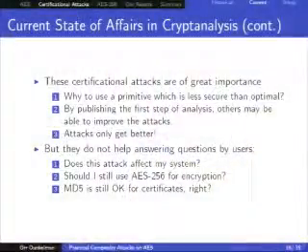Another thing is that actually, if we would publish only papers which have practical attacks, no paper would be published. Well, almost no paper would be published. And the thing is that attacks only get better. So if I do not give you this hint about where there is a problem, and you have a new idea that you hadn't thought about that it can help, but somehow it matches the property that I found.